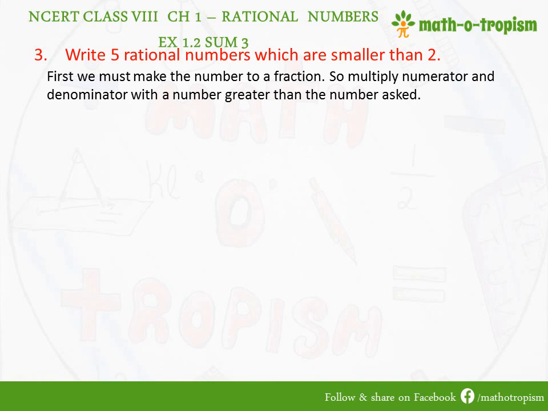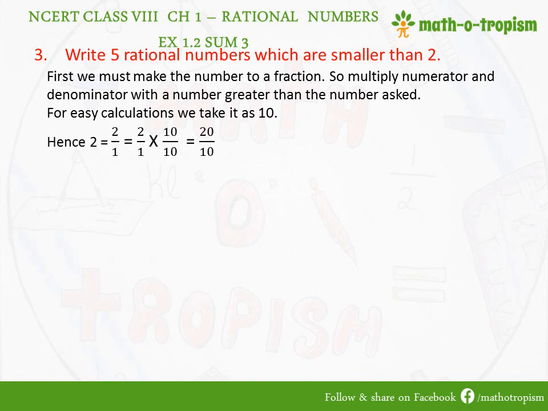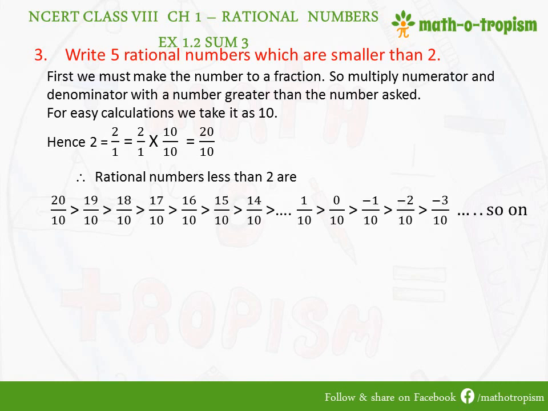For example, here they have asked for 5 rational numbers, so I'll take maybe 10 for easy calculations. So 2 is 2 by 1, which I multiply with 10 by 10 so that it becomes 20 by 10. So the rational numbers less than 2 are 20 by 10, greater than 19 by 10, which is greater than 18 by 10, which is again greater than 17 by 10, 16 by 10, 15 by 10, 14 by 10. Like this we can go on in the number line towards the left, where it will go till